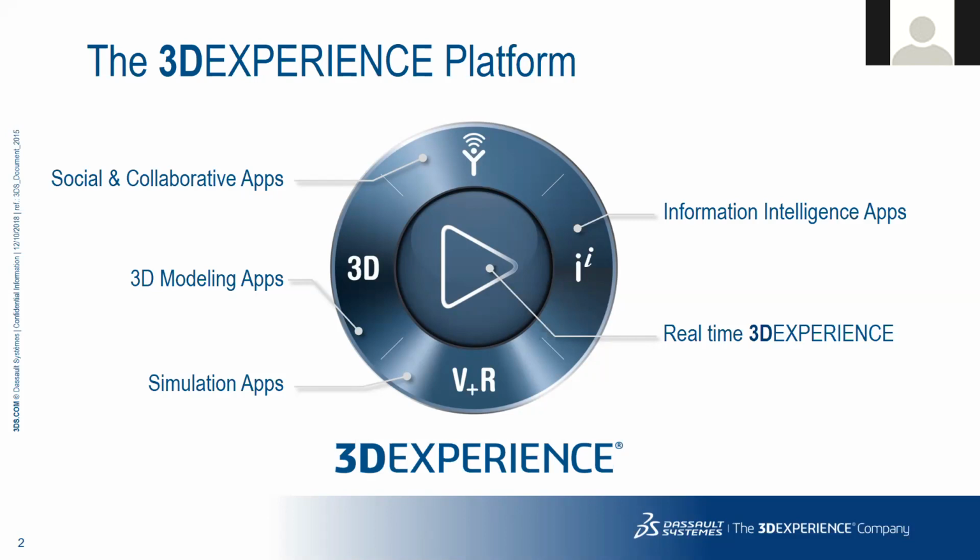Last question that I see: will you have access to 3DEXPERIENCE on your personal device or on university-based computers only? So it is both actually. You will be able to install and use 3DEXPERIENCE on your own computer, PC only, no Mac. And for the university, yes, the university will be able to install 3DEXPERIENCE in their labs, for example,